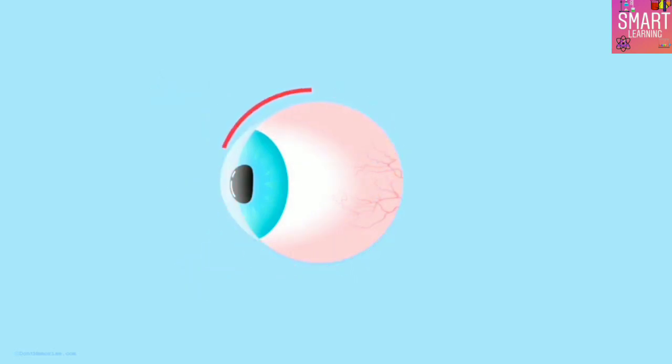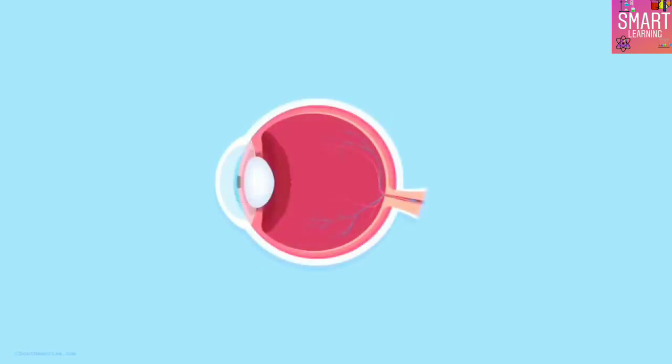What we are going to do in this video is understand the different parts of the eye in short, not in extreme detail. Let's begin. The outer layer of the eye is called the cornea. It's white in color and transparent. Transparent, yes. It means that it allows light to pass through it.